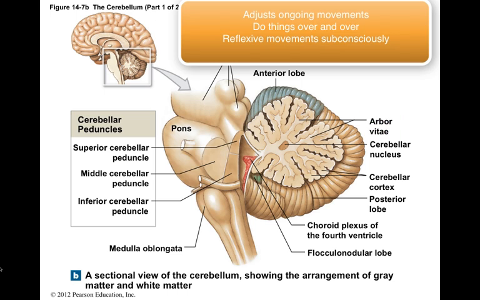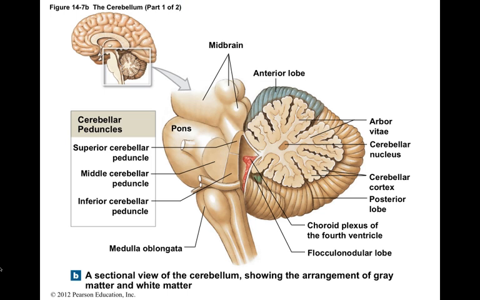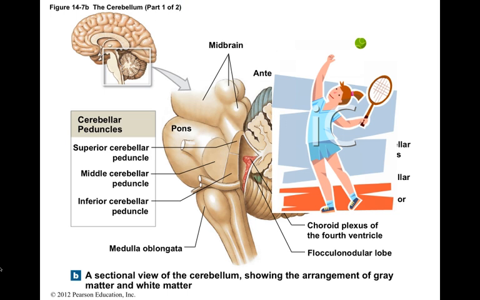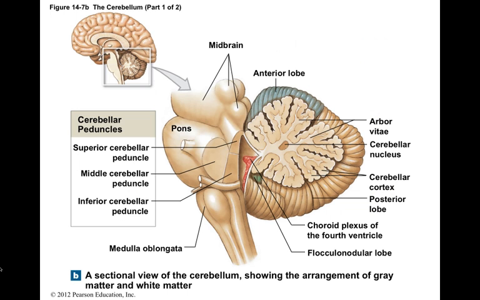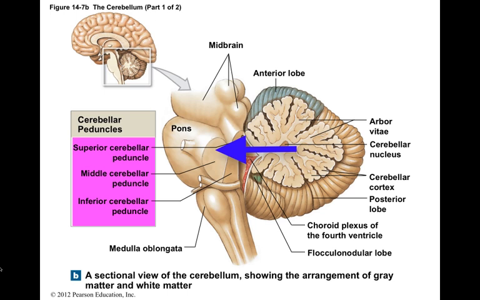The cerebellum adjusts ongoing movements, allowing you to perform the same movements over and over again. It coordinates learned and reflexive patterns of muscular activity at the subconscious level. For example, learned muscle patterns such as those involved in serving a tennis ball or playing the guitar are stored and processed in the cerebellum. The cerebellum is linked to the brainstem, the diencephalon, and the cerebrum by the peduncles, the superior, middle, and inferior